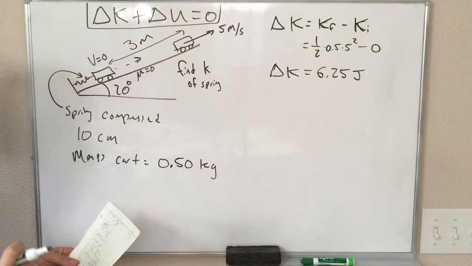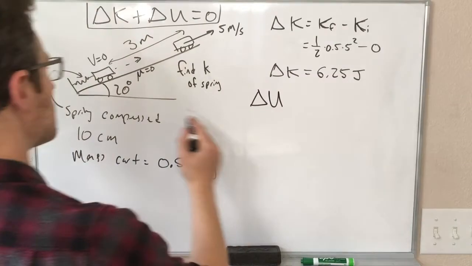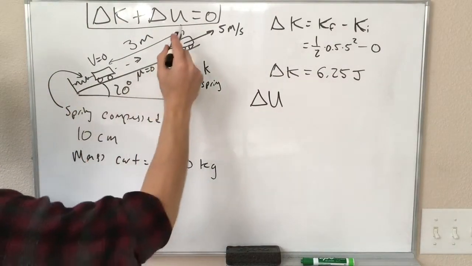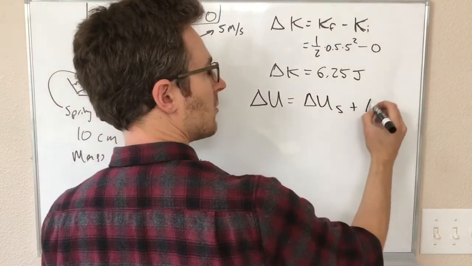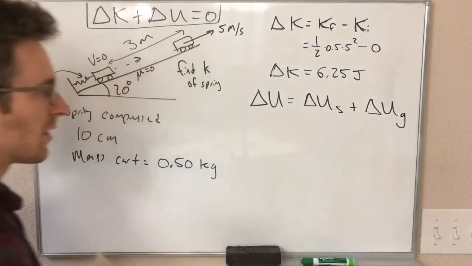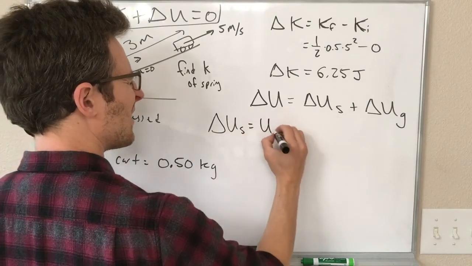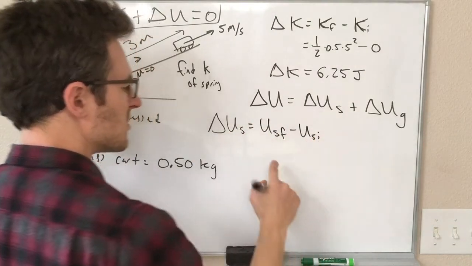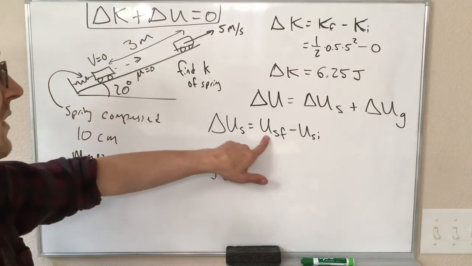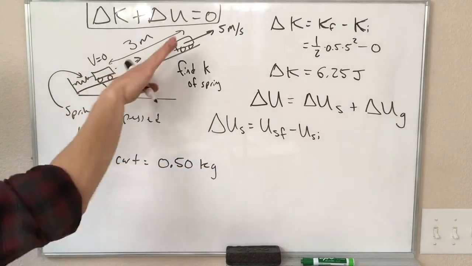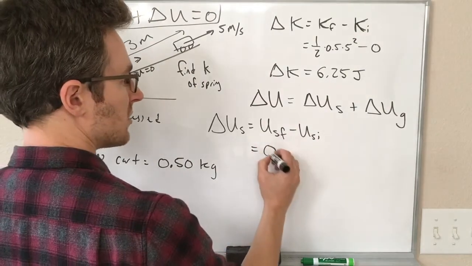Our potential energy has different parts to it, right? So our total potential energy has a spring, and we also have to worry about gravity. So delta U is equal to the spring part of that plus the gravity part of that. So the spring, let's think about the spring. So this is the final state of the spring minus the initial state of the spring. Well, the final state of the spring is, once it's done pushing on the cart, it is back to its equilibrium length. Nothing else is pushing on it. So this final potential energy must be equal to 0.